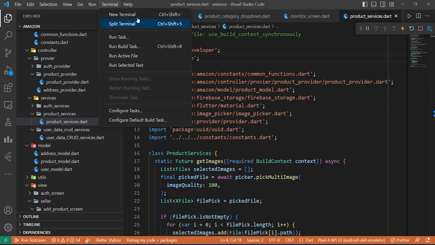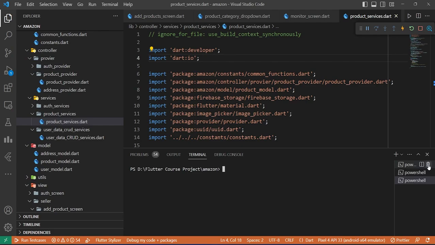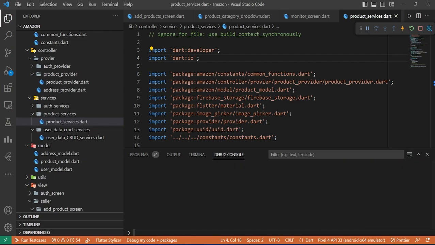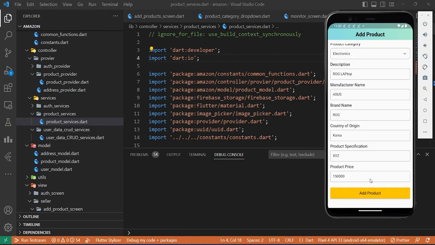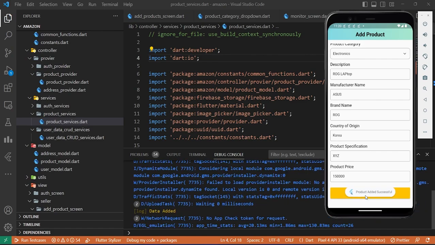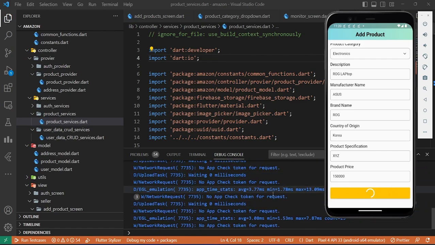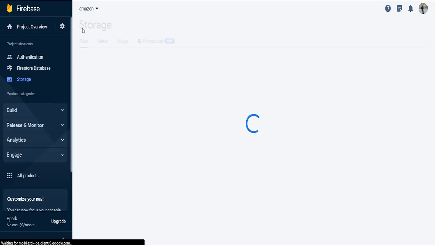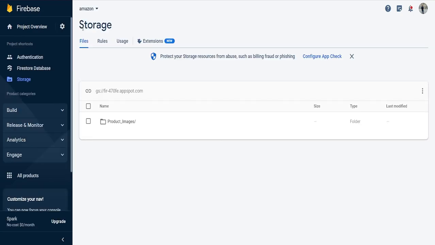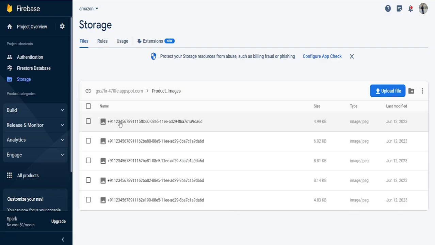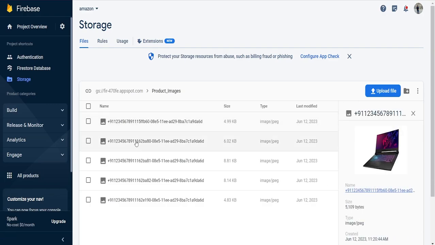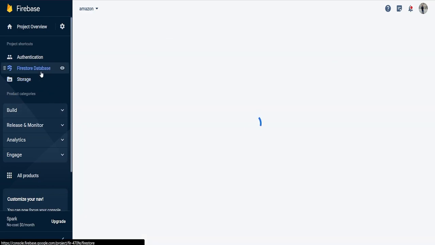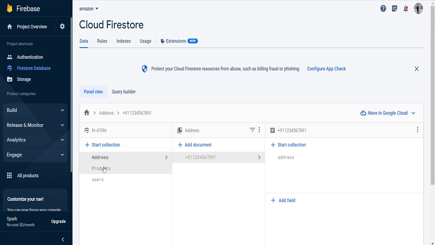Now again, let's go with the terminal and have a look like everything going good or not. Like F product. Yeah, product added successful. Now let's come back here, refresh this storage screen. Product images, and yeah, images are there. Now we have to go to Firestore database, products,